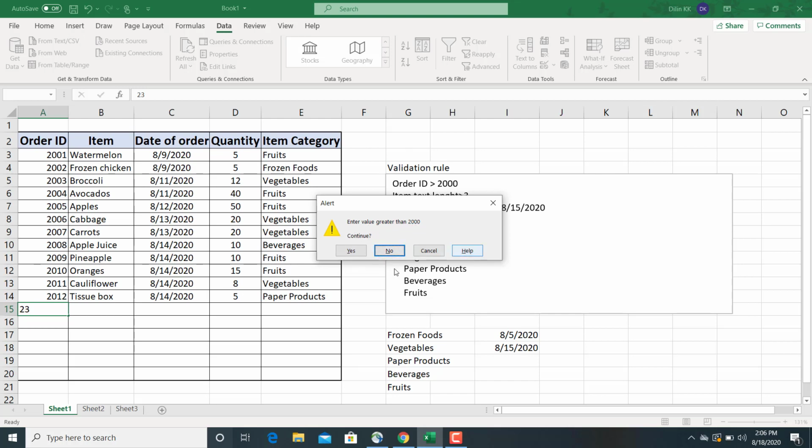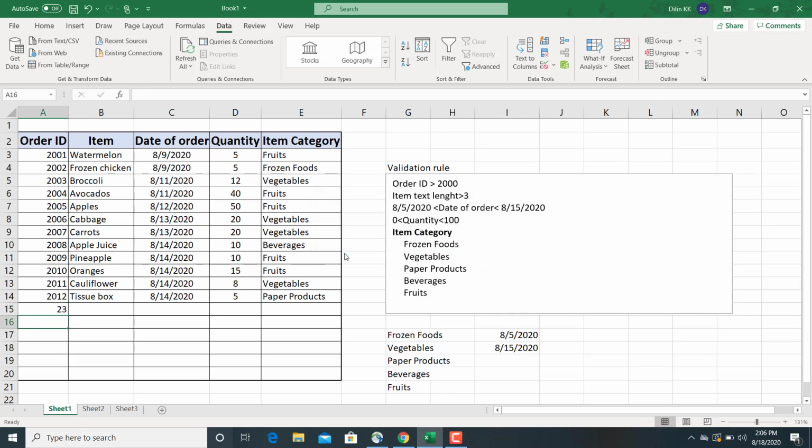Here there are 4 options: Yes, No, Cancel and Help. If I press Yes, it will be accepted for the cell. If I press No, it will be rejected for the cell. And if I press Cancel, it will cancel. So here I press Yes. Now it is accepted. Actually this is not greater than 2000, but it is accepted because I selected the warning message.